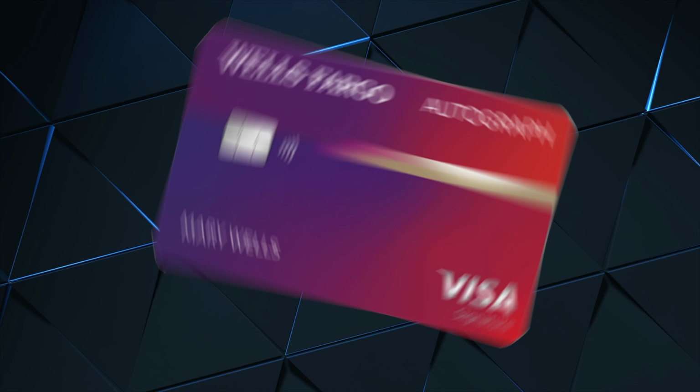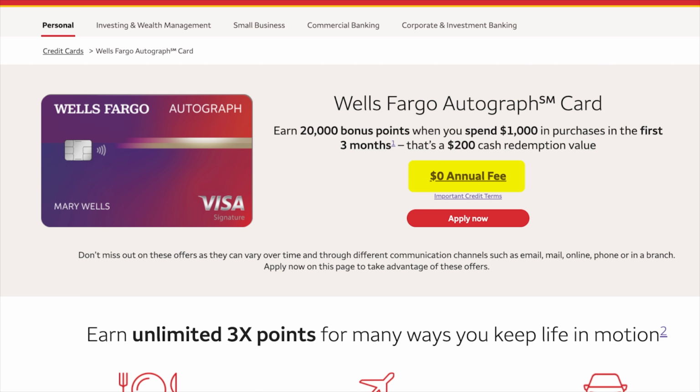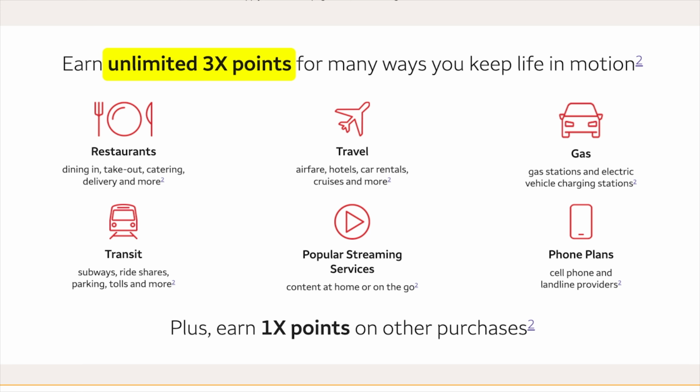Next up, we have the Wells Fargo Autograph Card. This card is actually on par with the Capital One SavorOne card because it is a no annual fee card that offers a bunch of rewards on popular everyday categories. Now, let's break down the rewards a little bit further. You earn 3x on restaurants,